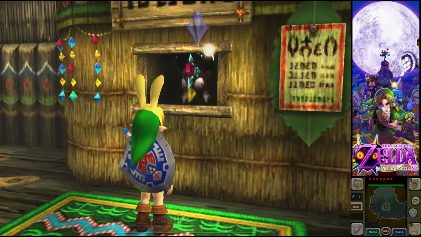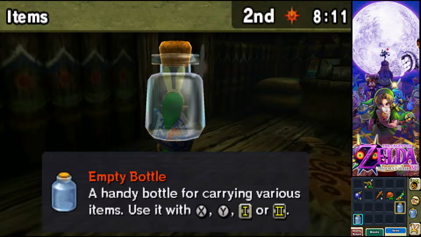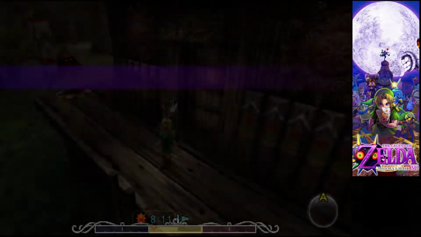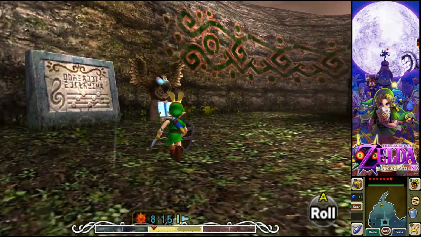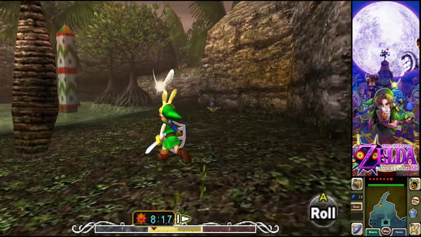I'm pretty sure they switched around some of the bottle locations, so I wouldn't be too surprised if that was originally a heart piece. There we go, there's another bottle, which is nice. That's actually very nice now that I did this too, because this means we can put 2 bugs in bottles, which means the Skulltula house will be slightly less annoying in terms of the...